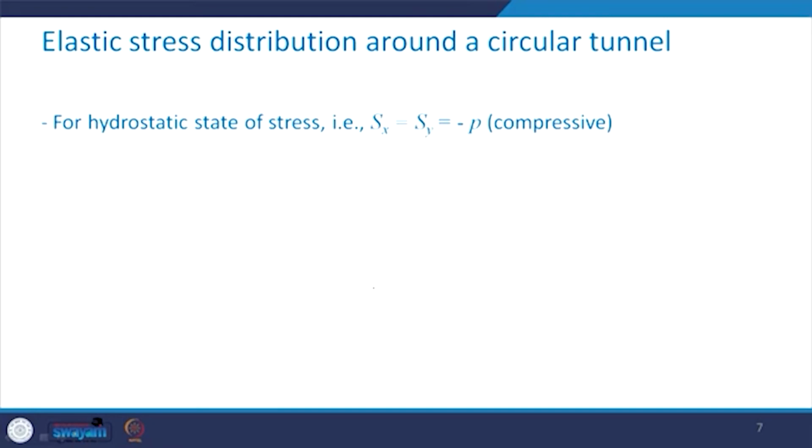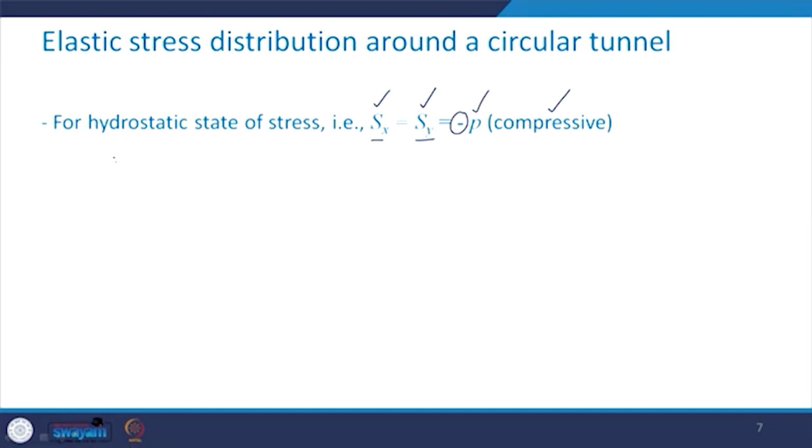When we have the hydrostatic state of stress, that means Sx becomes equal to Sy, and say that is equal to P. Since it is compressive in nature, I am introducing a negative sign with this state of stress, which is P. So, if we substitute this in equation number 12, what we are going to get is